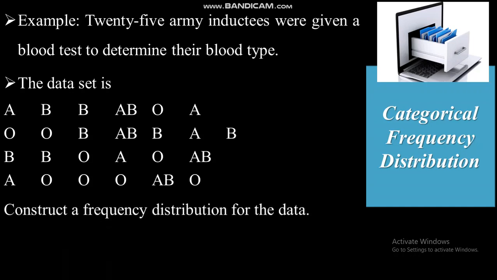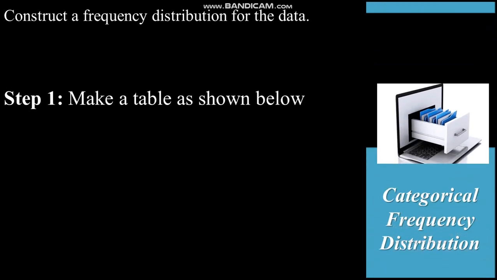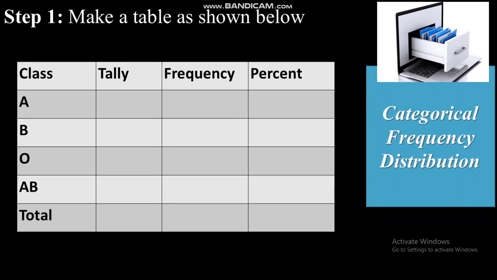ይህን በቴብል መልኩ ኦርጋናይዝ ስናደርገው በምን መልኩ እናደርጋለን? እስኪ ስቴፕ ባይ ስቴፕ ማየት እንችላለን። አንደኛው ስቴፕ ያው በቴብሉ ማዘጋጀት ነው። መጀመሪያ ሌአውት እናወጣለን። ክላስ ብንለው አሁን እዚህ ጋር ምንድን ነው ኤ ብለድ ታይፕ ኤ አንድ ክላስ የሚሆነው፣ ቢ አንድ ክላስ ይሆናል፣ ኦ አንድ ክላስ ነው፣ ኤቢ አንድ ክላስ ይሆናል። ዘን ታሊ እንትናለን፣ ታሊ ፍሪኩዌንሲ ኤንድ ፐርሰንት። ታሊ ማለት the collection of sticks used to represent the number of values in a class.